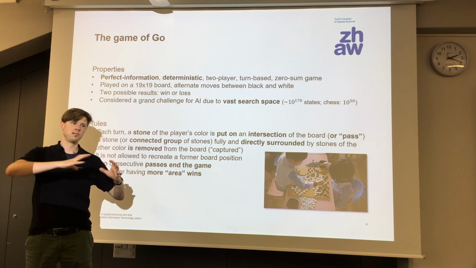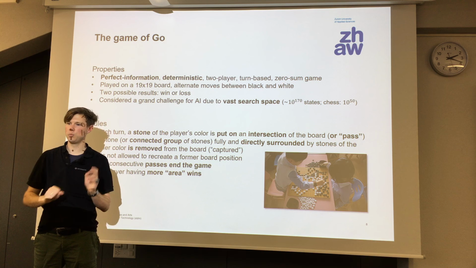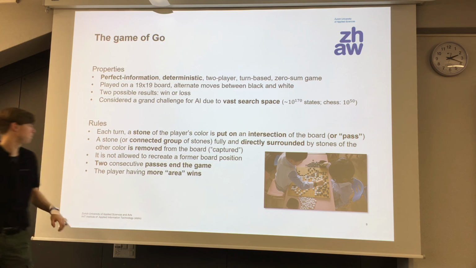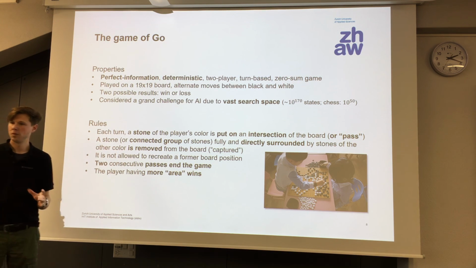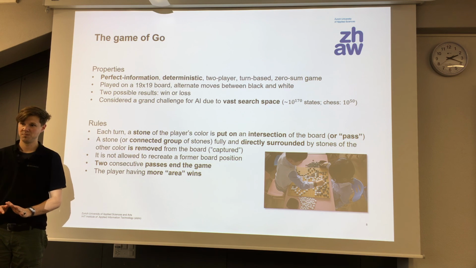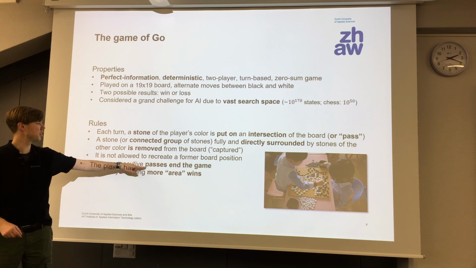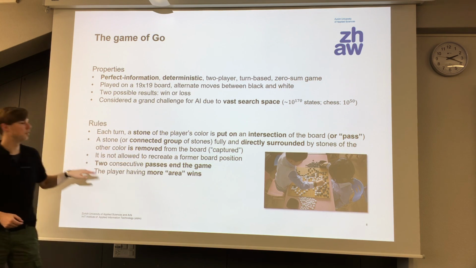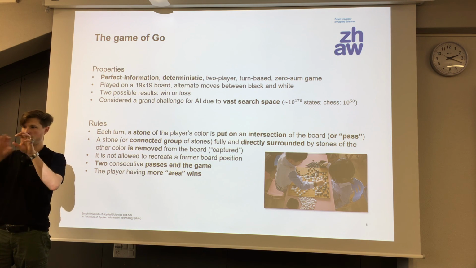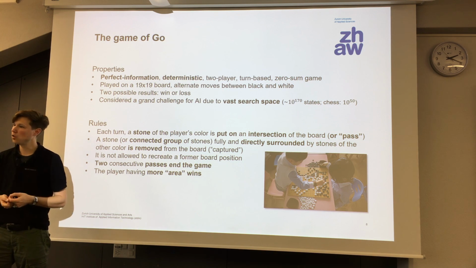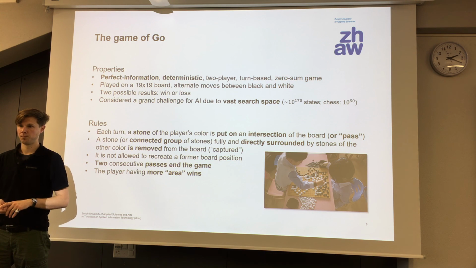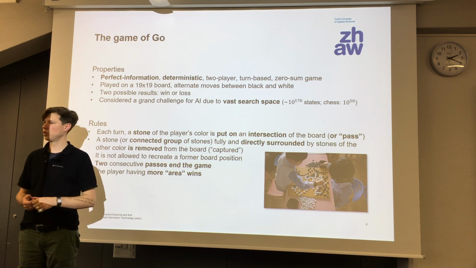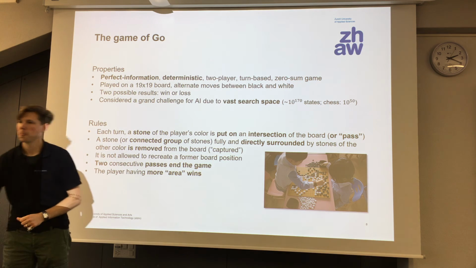That means you're not allowed to somehow go into a safe position where your enemy can do nothing. That leads to you either win or lose. There's no ties. If you cannot move for 2 consecutive rounds, you have lost. And cannot move means you cannot move without recreating something. And if the game is over, the area that the black and the white stones cover are counted, and the one with the larger area wins. So basically, after the game is over, reward +1 is given for the one who wins, and -1 is given for the one who loses. That's a game of Go.